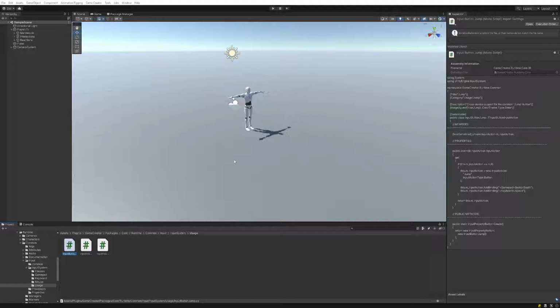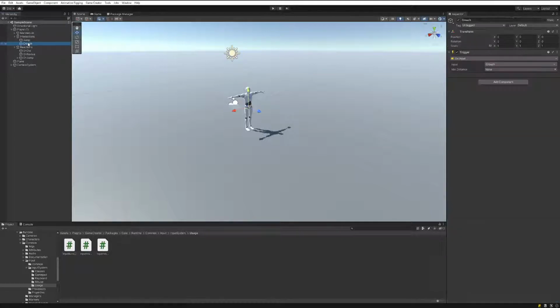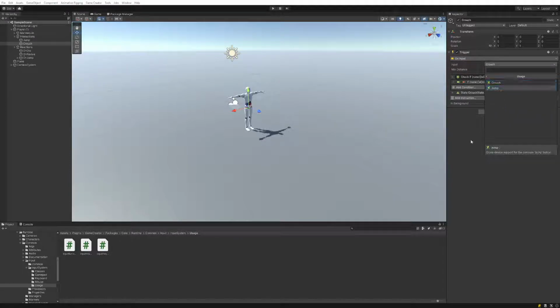I'm just going to show you here quickly how you can create custom usage input actions on GameCreator 2. I actually found this fascinating. I created this crouch input usage, just crouch. I didn't change the icon or anything like that, but I thought it was fascinating how you can create your own custom buttons that are mapped to whatever you want in your game using the code that already comes